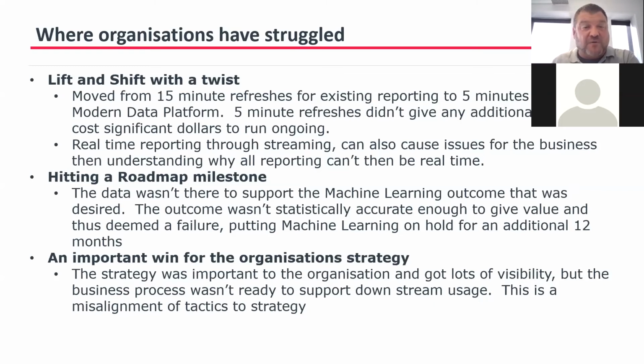It put it on hold while they then went to work on some other things that gave them more immediate outcomes. And the one where organizations have struggled is when they've put it on a strategy for their organization, because some of the organizational strategies are more aspirational. And so if you pick one which is more aspirational for an organization, we want to do such and such with our business. If it's more aspirational, it tends to be less ones where they've got their information at hand